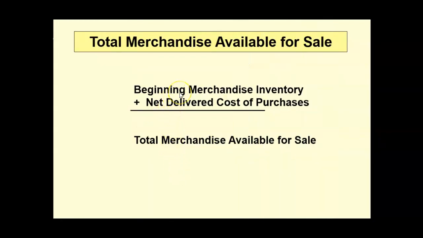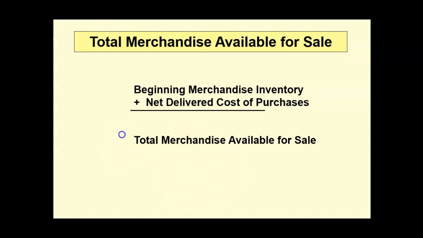You'll take your beginning inventory, what you had available at the beginning of the year, add in your net delivered cost of purchases, which show what we acquired during the course of the current accounting period. And when you add those two together, we call that our total merchandise available for sale. Some books call it cost of goods available for sale. It shows the amount of inventory that we had available to be sold to our customers during the course of